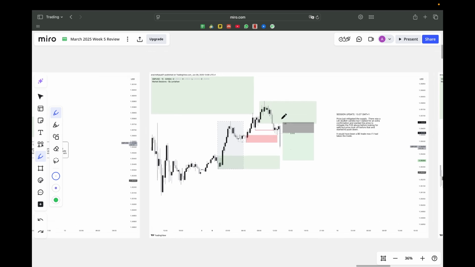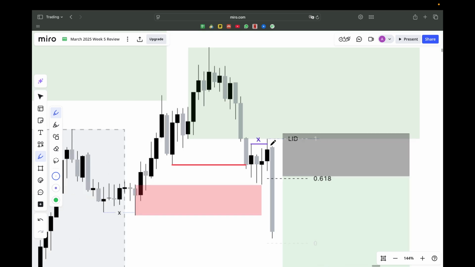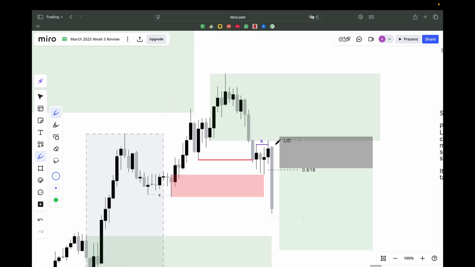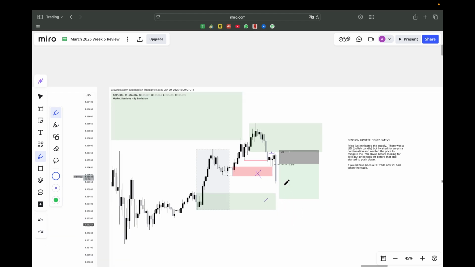But, you know, price didn't do that. Price just took out this lid, and with the news it pushed down. So that would have been a solid 2 point more than 5 hour trade, because it invalidated this demand zone. It was a flip, so obviously this would be the next area. So probably if this gets flipped, then it should be more than 5 hour.